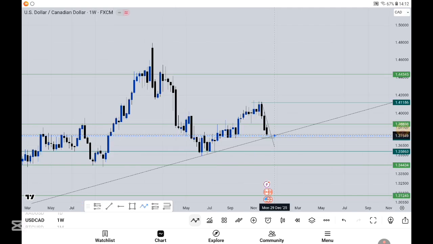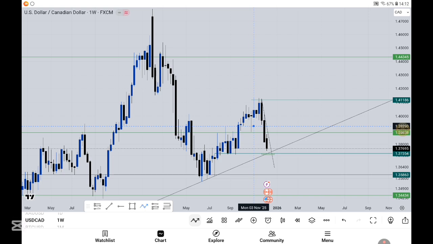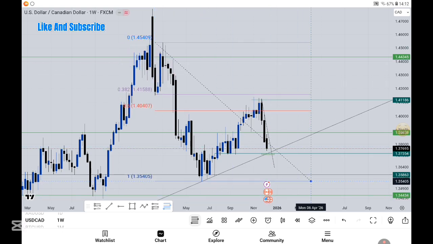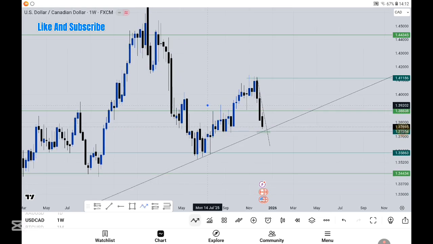Now from the weekly time frame, you can currently see that after the rejection from here, which was a result of this 0.50 fib retracement from here, we saw the M pattern form here, and the market rejected to the downside. After that M pattern was formed, the market started rejecting to the downside, right, and came below this level here,